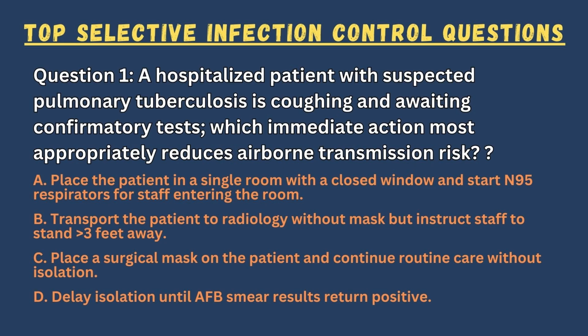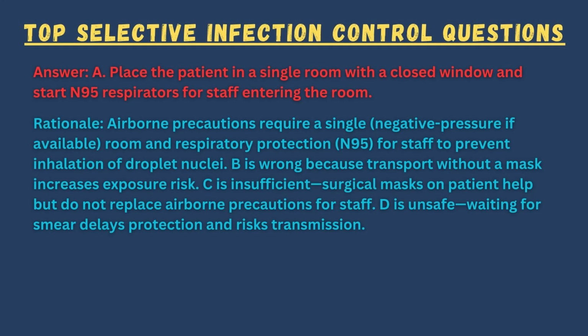C. Place a surgical mask on the patient and continue routine care without isolation. D. Delay isolation until AFB smear results return positive. Answer. A. Place the patient in a single room with a closed window and start N95 respirators for staff entering the room. Rationale. Airborne precautions require a single negative pressure, if available, room and respiratory protection, N95, for staff to